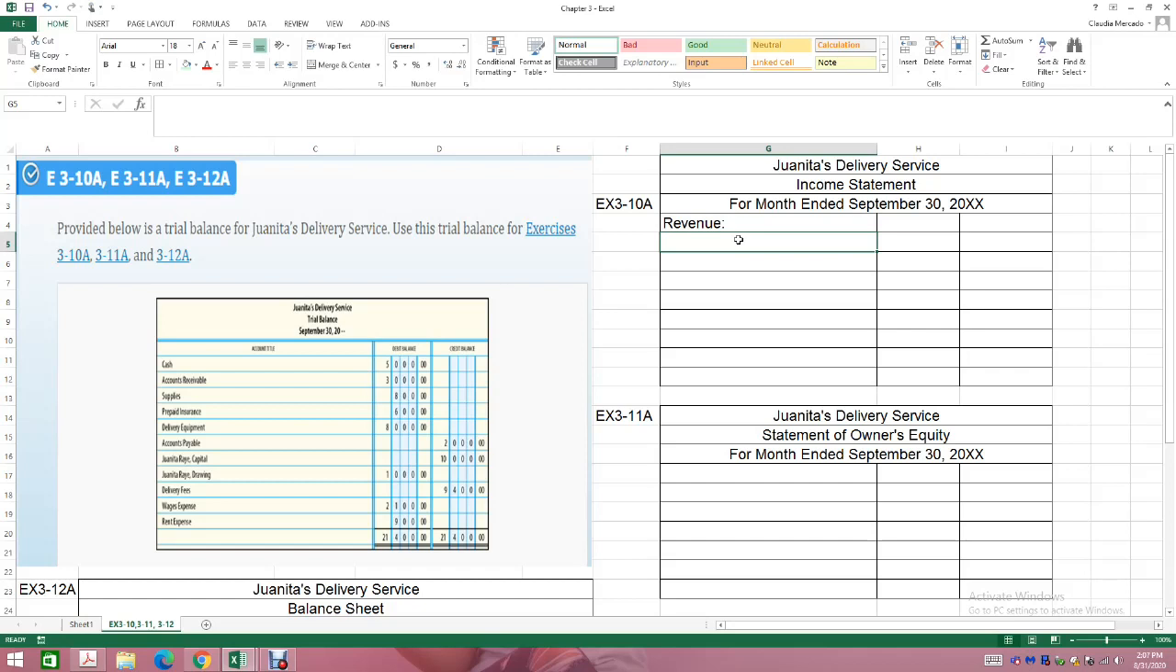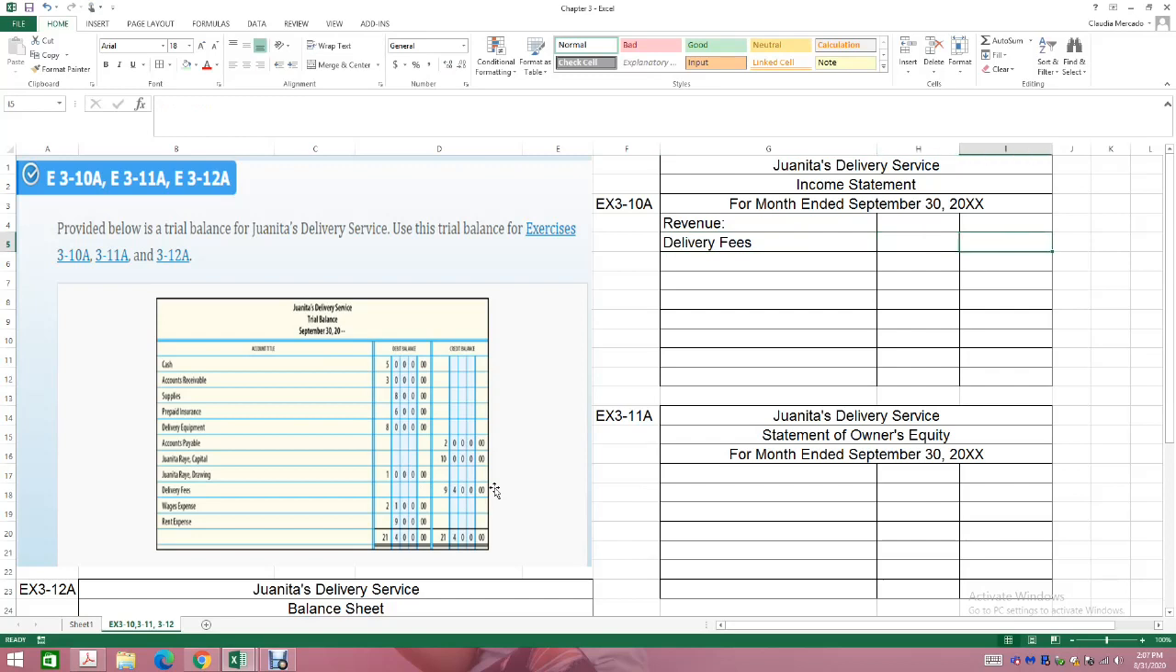So we're going to look at the trial balance provided, and we are going to identify which one is my revenue account. We go through the list, and here we have an account called delivery fees. This is Juanita's delivery service, and she charges for delivery fees. She delivers stuff, and she made $9,400 delivering stuff. I don't know what she delivers, but doing deliveries, she made $9,400 during the month of September. So I'm going to bring in the account delivery fees,